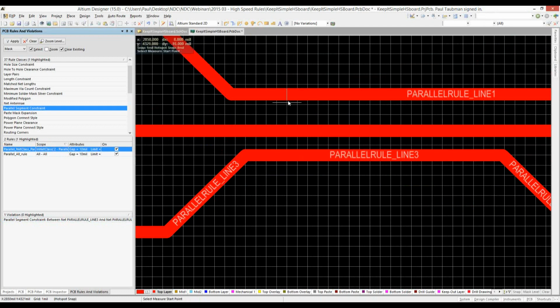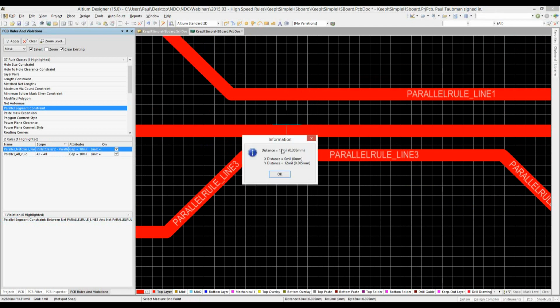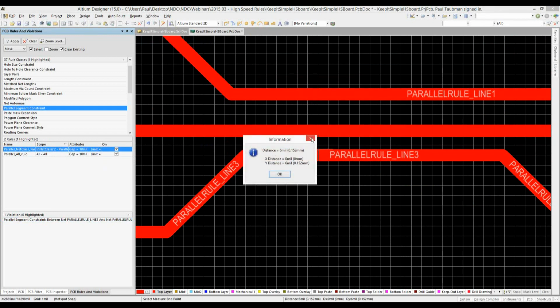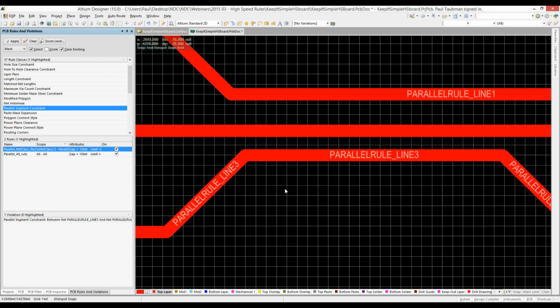I'm going to escape out because I don't need to do it at this point. If I go from here to here, I now have a distance of 12 mils that's out of the range of this requirement, so it's not testing against this one. Whereas this one over here, if I do a Control-M and go from this point over here to this point, I'm at 6 mils, so it's within the range because I set it to 10 mils. Now for this line over here, if we want to find very quickly how much of this segment is 10 mils, you can always